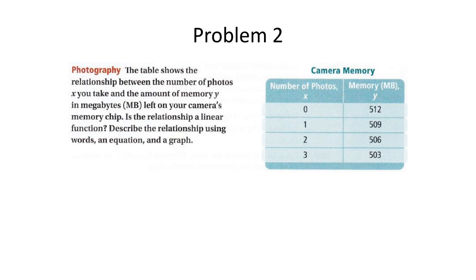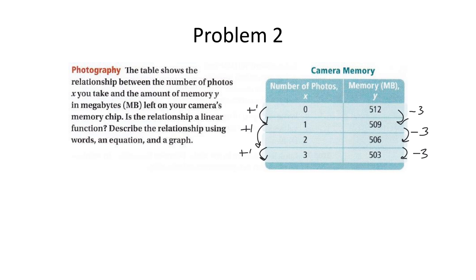To describe this relationship, let's look at how Y changes for each change in X on the table. So we can see that when we go from here to here, it goes up 1. From here to here, it goes up 1. And then from here to here, it also goes up 1. So the independent variable X increases by 1 each time. And then when we look at our memory, we can see that it decreases by 3 each time, right? So the dependent variable Y decreases by 3 each time